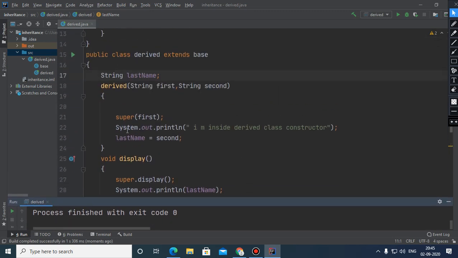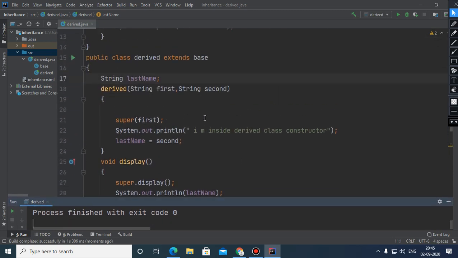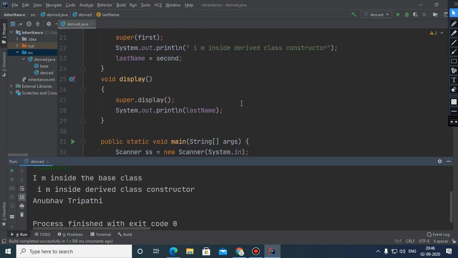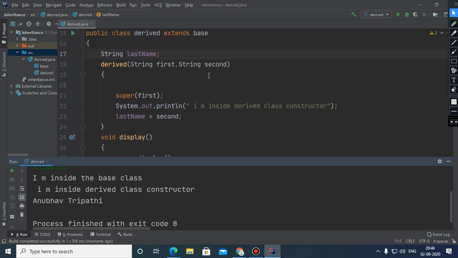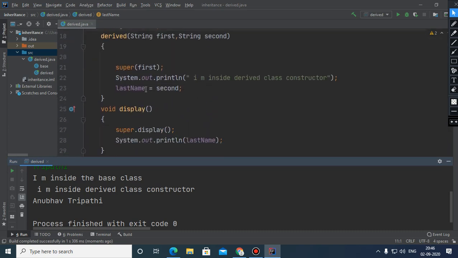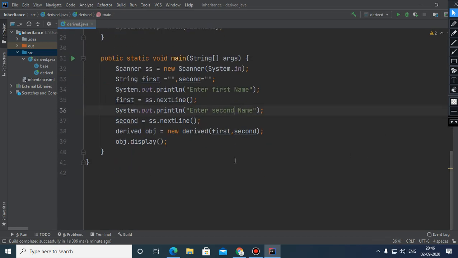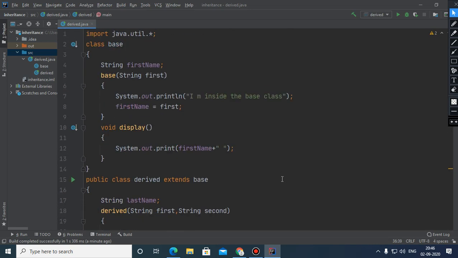Just because when this constructor is invoked, immediately control is sent to the constructor of the base class, displaying this message that I am in the base class, and after that this variable is initialized. Then it returns back at this place where the derived class constructor is, and after that you can see that this message has been displayed, and after that this last name is initialized. So this is how it works. So children, it is not second name, actually it is last name.